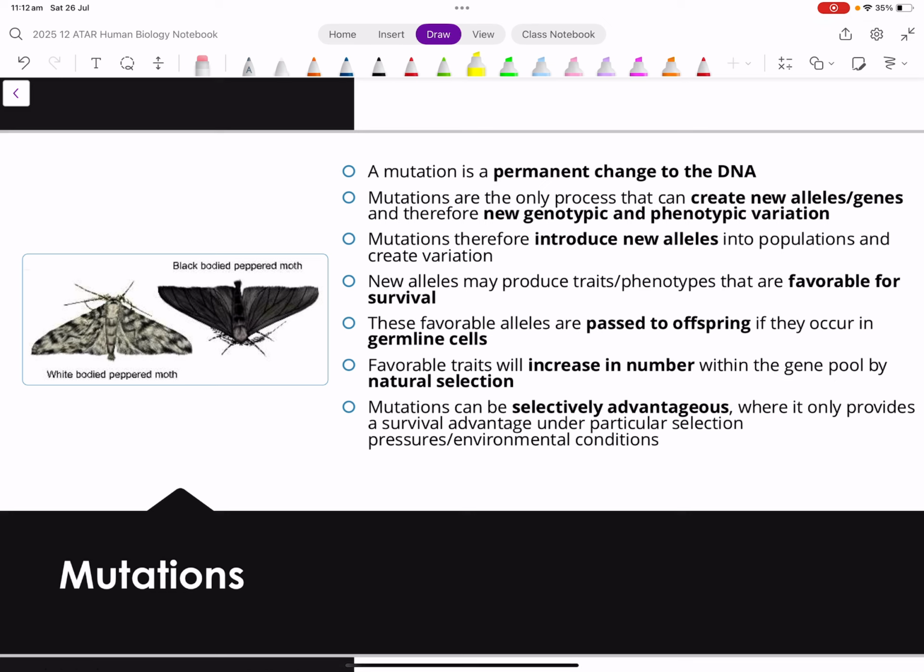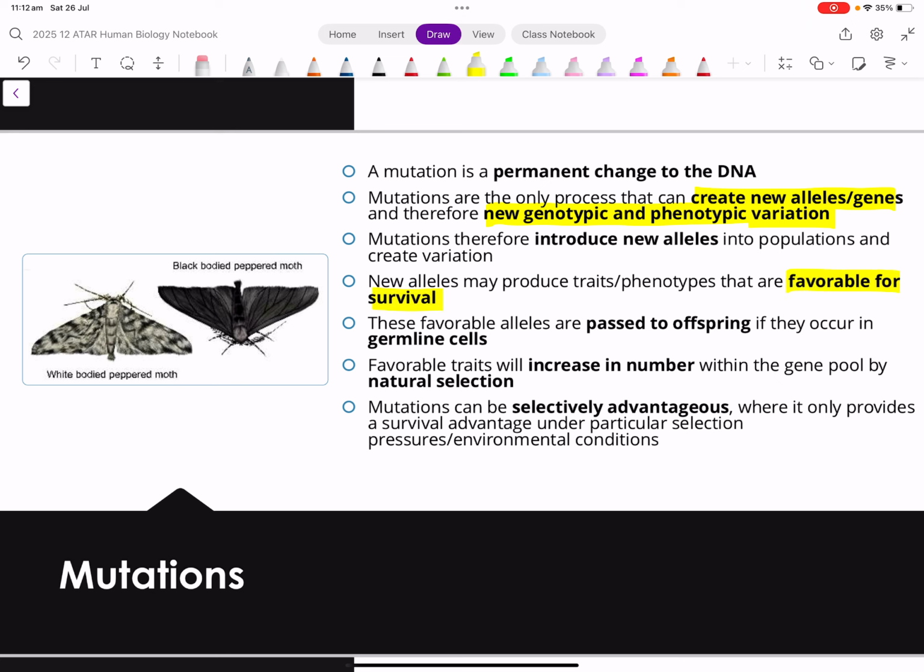We've looked at mutations previously, and we've seen that mutations cause permanent changes to the DNA of individuals. Now, mutations are the only process capable of creating new alleles or genes, and as a consequence of that, the only process capable of creating variation, okay? Specifically, genotypic and phenotypic variation. So mutations effectively introduce new alleles, and they can introduce alleles which end up being favourable for the survival of